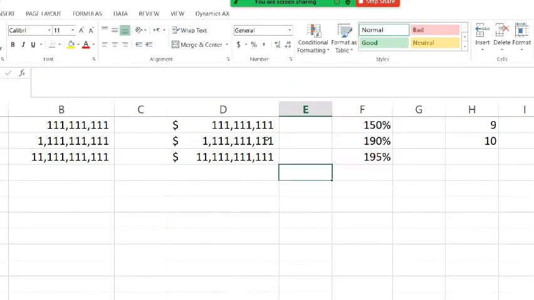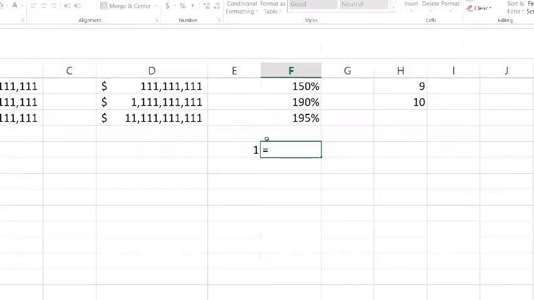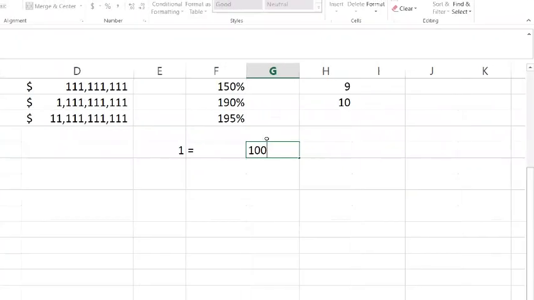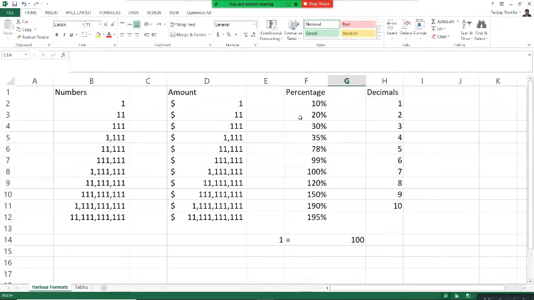In Excel, when we write 1, Excel understands it as 100. So in order to make sure that the numbers are entered correctly to get them converted to percentage, we must enter it as a decimal. So 1 is equal to 100%.